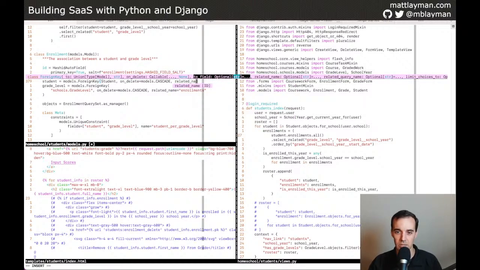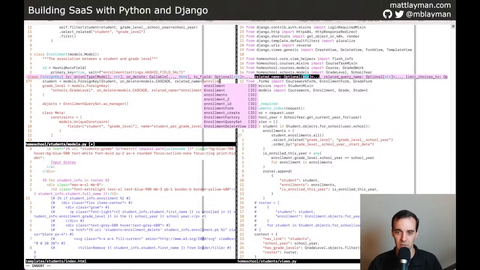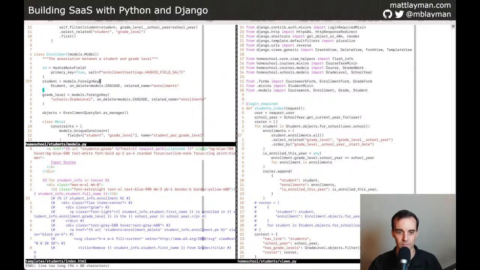This will cause a database migration, but there'll be no actual data changes. Just like the grade level can have the enrollments concept, you can ask from a different perspective, like what enrollments is the student connected to? So they can use the same related name. And now by changing the related name there,